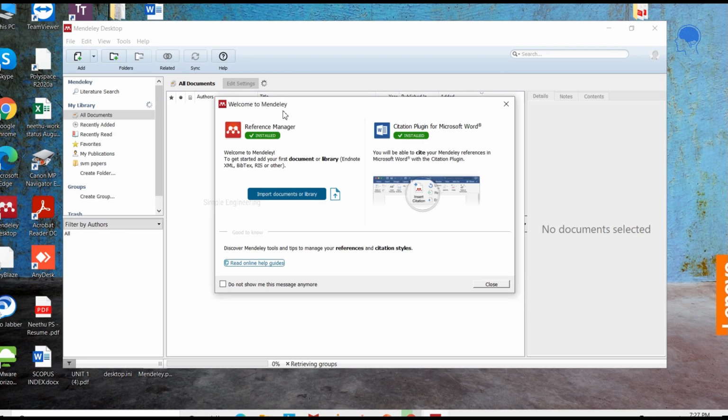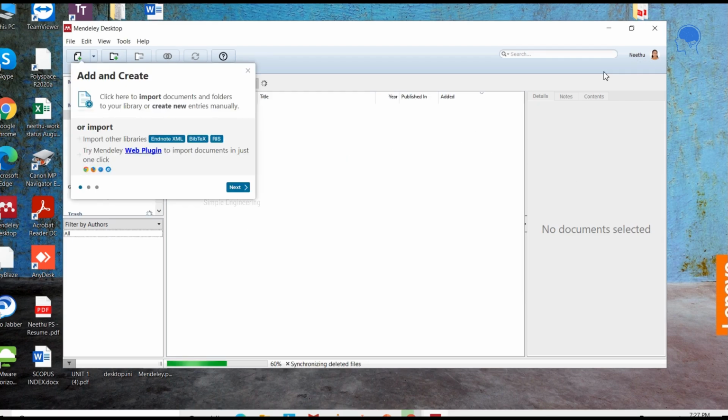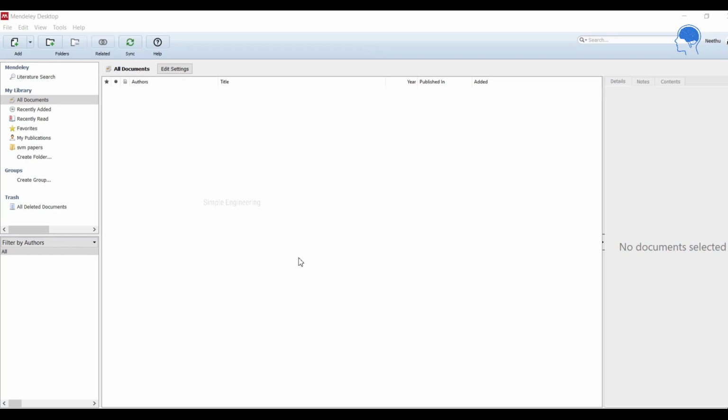Here the reference manager is already installed, and the citation plugin for Microsoft Word is also installed, so you can just close this. Then I'm showing how to add papers over here. All the papers you add will appear in All Documents. Once you have downloaded some papers from the internet, you can easily add them.